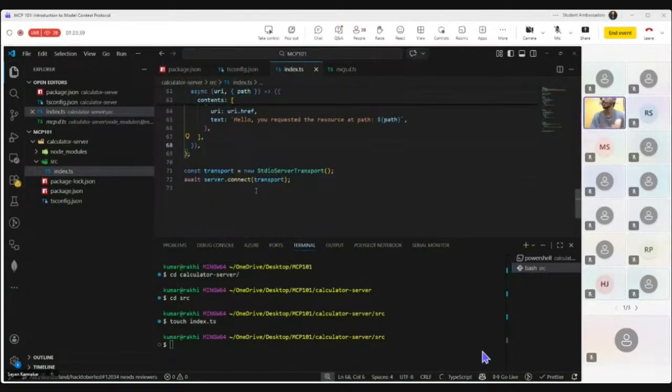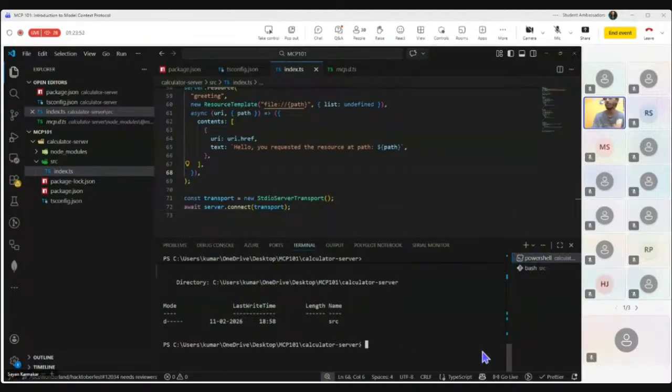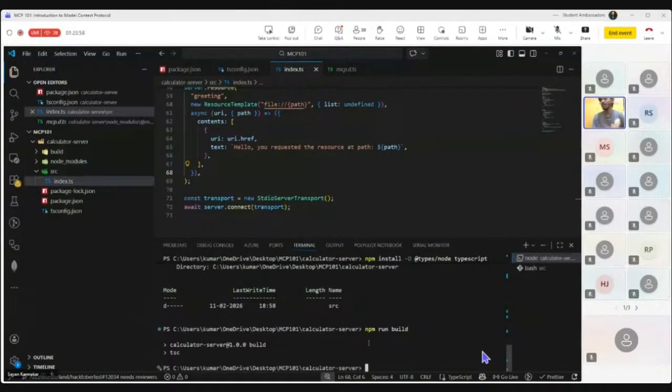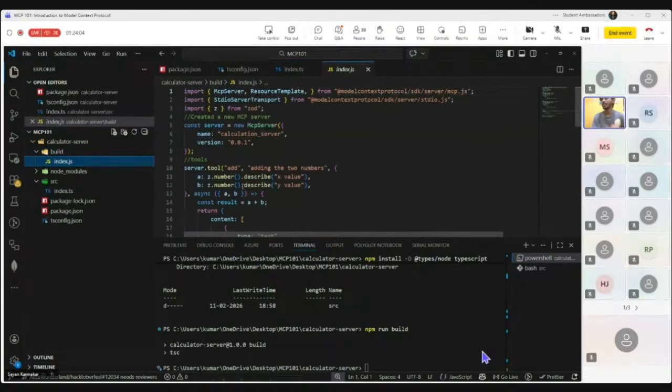Okay, done. So we will now build it. For building it, we'll just go to my terminal, and obviously in the server only. Now I will just run npm run build. Let's hope no errors will be defined. Okay, our build is done. So this is the index file that we will get. Okay, and to run this server in the inspector window,